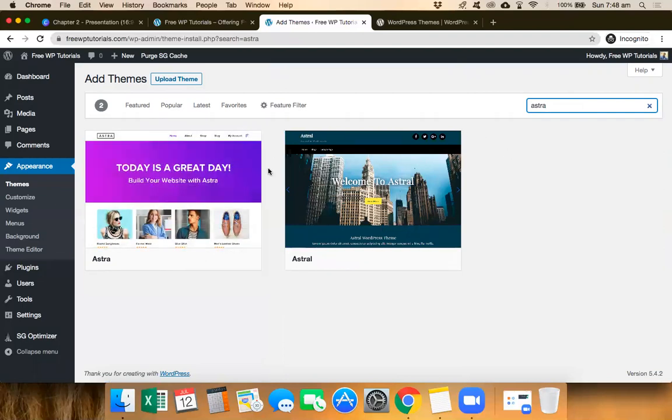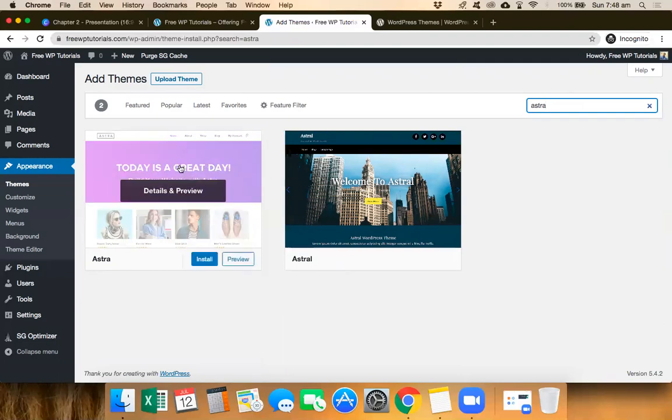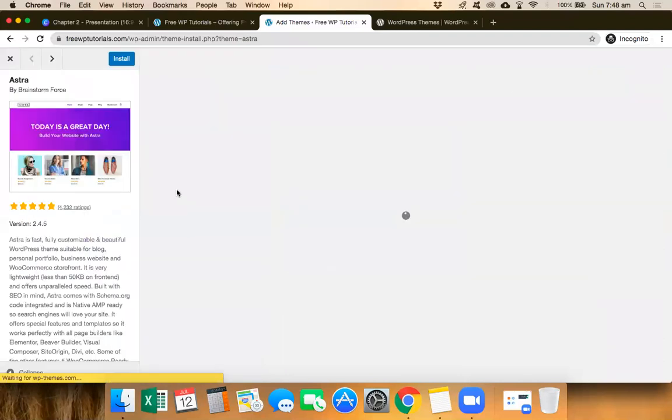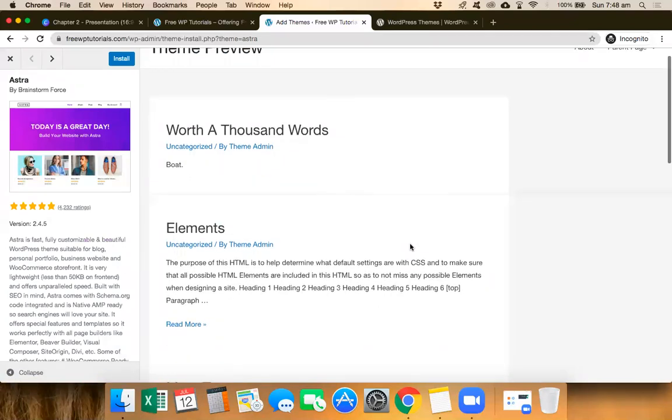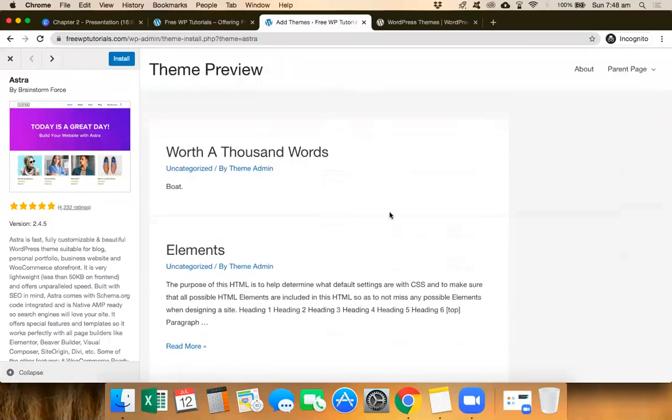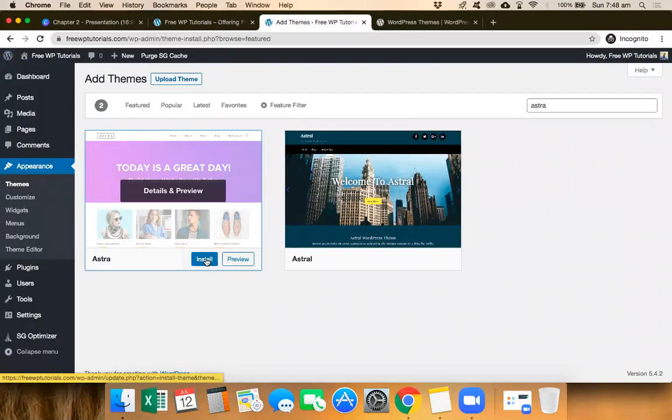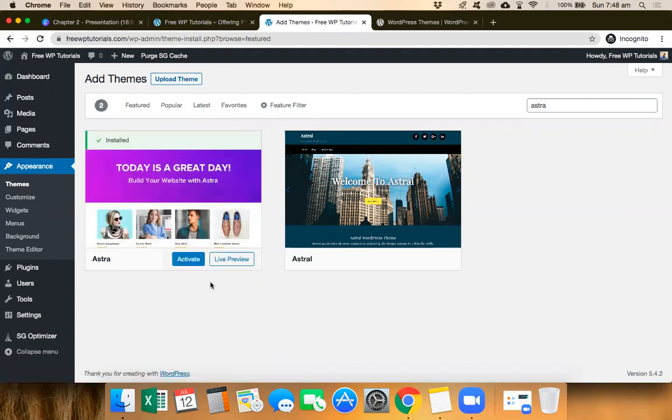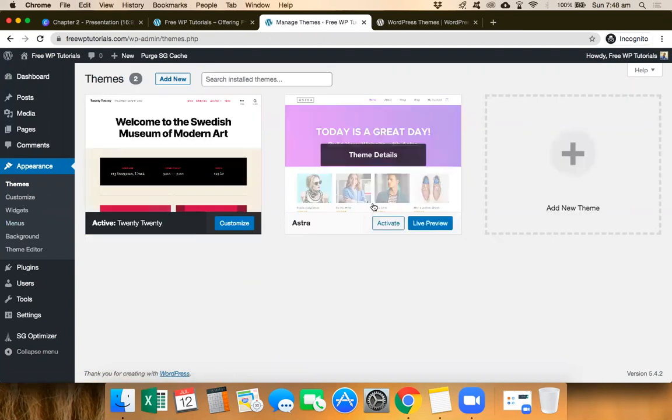So now how do we go ahead and install this theme? Maybe first we can just click on Details and Preview. You can notice this is how it is currently because there's no content on your website. So I'll just click on the cross. Now this button over here, just click on Install. Now this particular theme is getting installed. Once it gets installed, it will say Activate, and you go ahead and activate your theme. There you go, the theme is already installed. Now if you click on your themes, you will see we had only one theme previously, so this theme is also appearing here right now. So you can just go ahead and click on Activate.